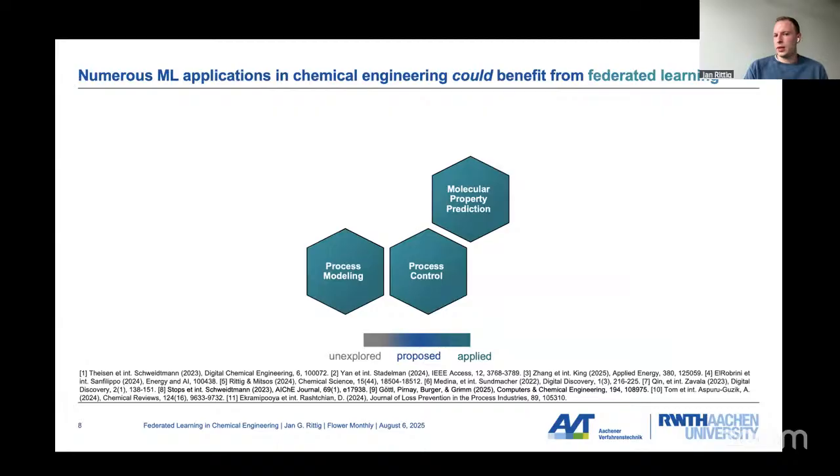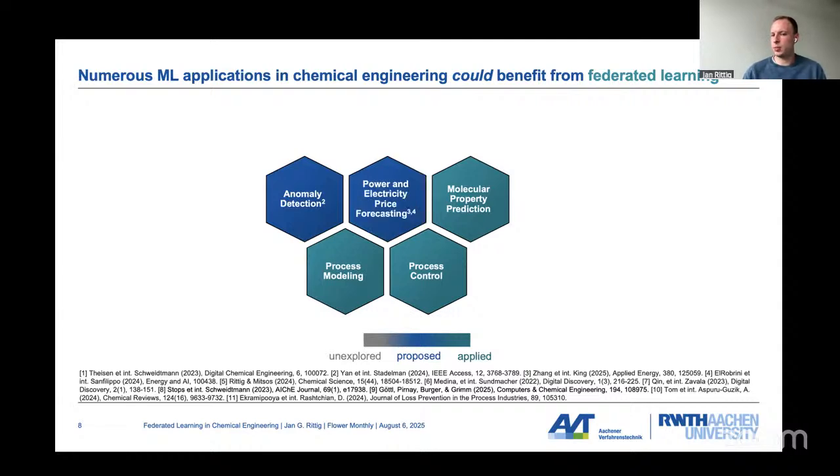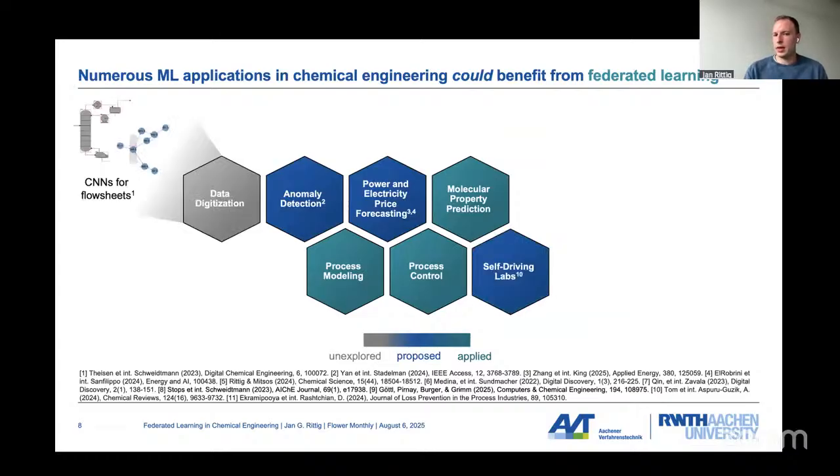And what we then looked at is, okay, where has federated learning also been proposed for? And we found, as one example, anomaly detection, also power and electricity price forecasting, then self-driving labs. And we also then came up with some additional fields, which would be, for example, data digitization. So machine learning, especially convolutional neural networks, have been extensively used for digitizing process flow sheets, which are at some